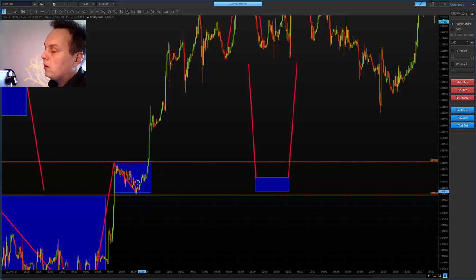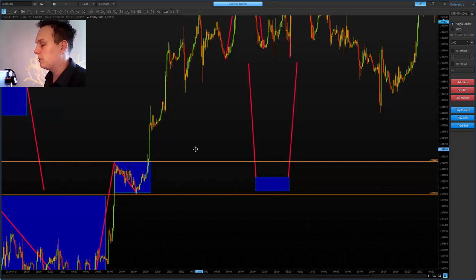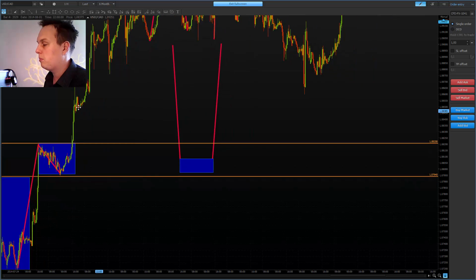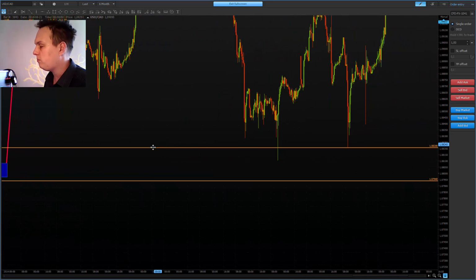So weak supply and bit stronger demand doesn't necessarily mean that demand is strong. Demand is stronger, okay, than supply, but it still depends how strong supply was. Here probably it wasn't too strong, but it was enough